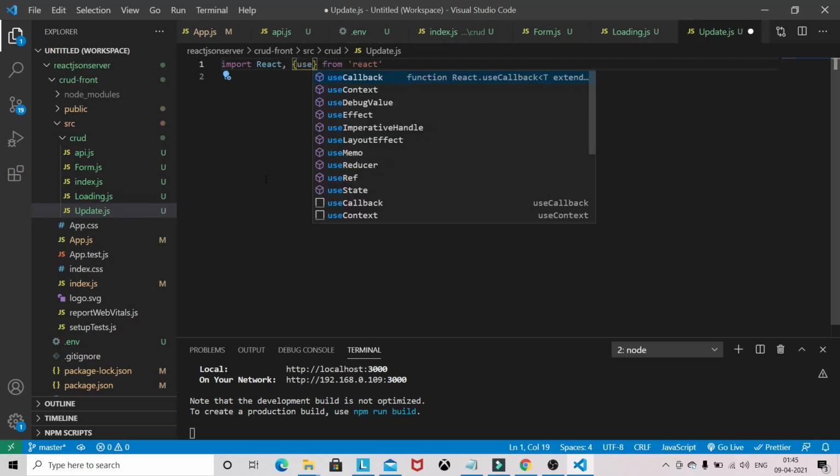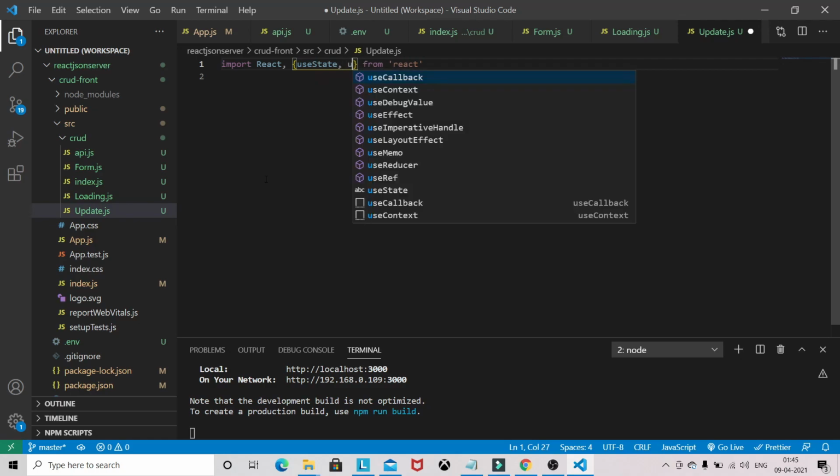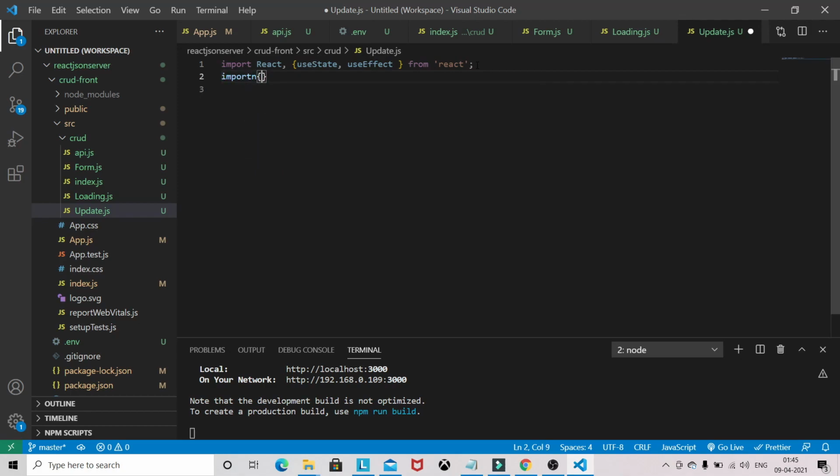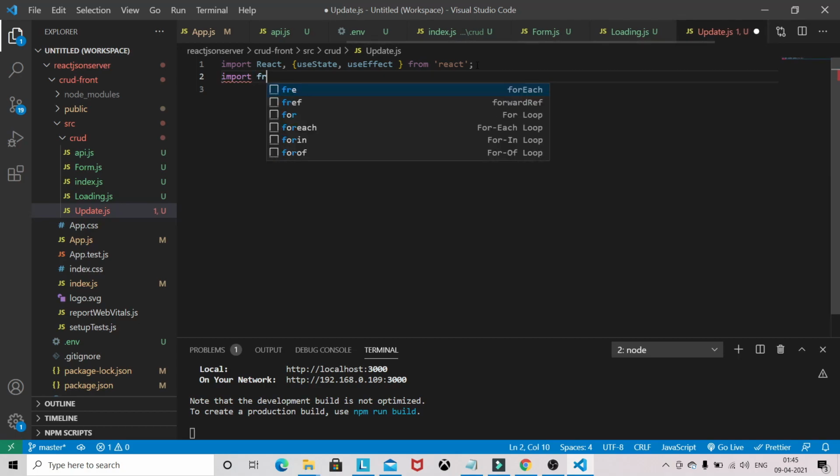And we need useState, useEffect again, and toast we need. One second.